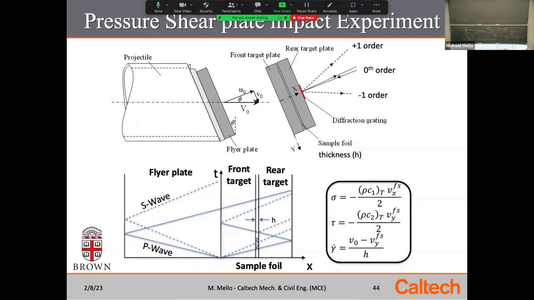And then the second one, Vy free surface, is your transverse. That's what the transverse displacement interferometer gives you, and that's giving you shear. So imagine you have a means now to test, and you can imagine the applications of this in high-speed machining or ballistics, where you need to understand the behavior of metals at enormous strain rates. There's no way to come up with stress strain curves for modelers without doing these high strain rate tests using